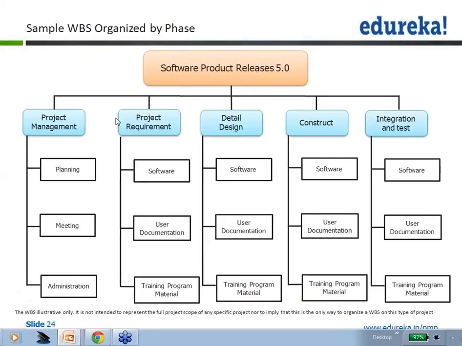If you look at the blue highlighted layer, where the filling is blue, this layer gives us the indication of the various phases we are in. So the work breakdown here is done in terms of the phases. And there is a further subdividing: planning, meeting, administration, software, user documentation, training material, software.